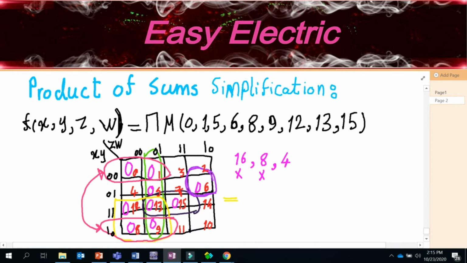Let's see how we could do that. First I'm writing the corresponding terms for this group of 4, which we put inside the yellow rectangle. Check their x. The x is 1 and 1. Remember, in the max term, whenever the variable is 1 and 1, it gets the prime. So for that reason, it should be